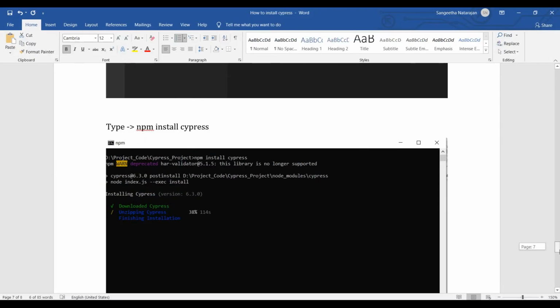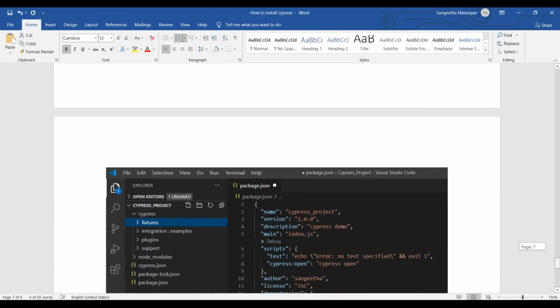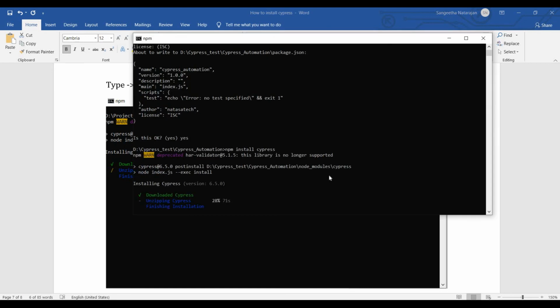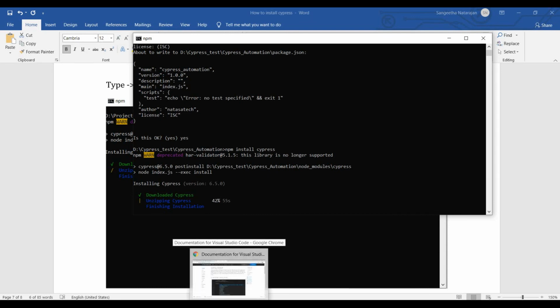So Cypress is very important. When you start working on Cypress, you should learn JavaScript. Okay, Python is also going to be at a high level in the upcoming days. In the same way, you should also know JavaScript. If you know it very well, it is easy to understand and easy to write the code. How can we automate different scenarios using JavaScript? Okay.